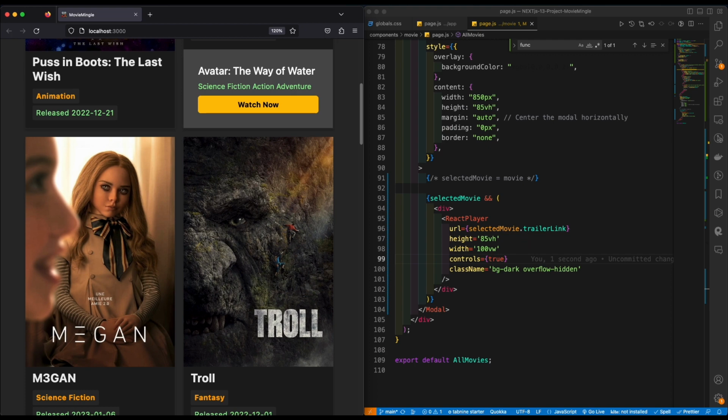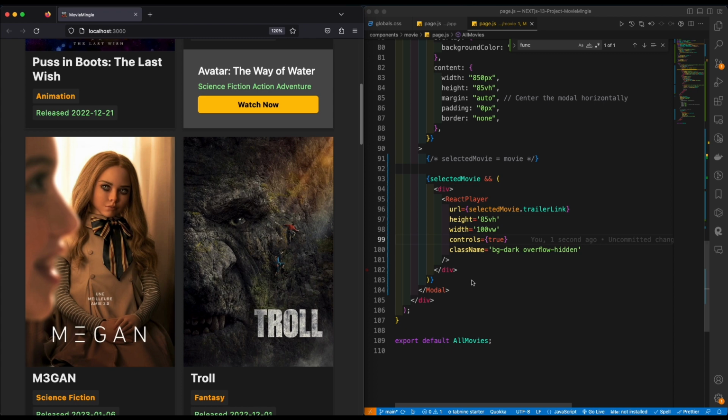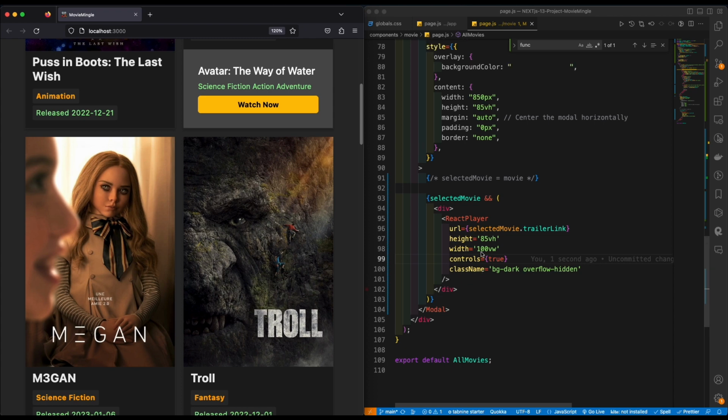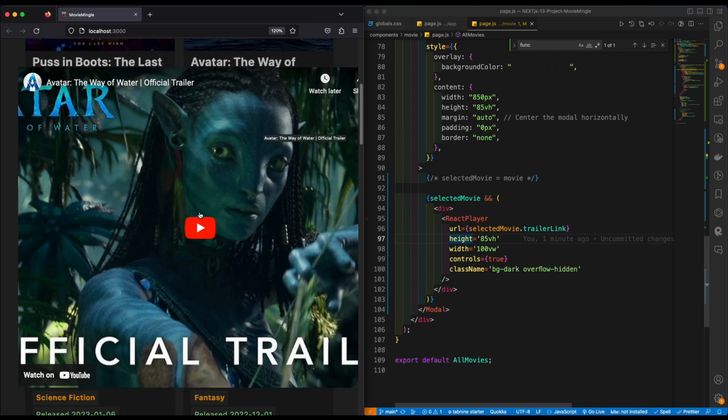Just to make sure that we have everything all set, let's see. Yes, we've done that. The width all checks out. Now with the styling, you can pretty much go ahead and style that, play around with it. You're basically just going to be playing with the height and everything. But this is pretty much how you can